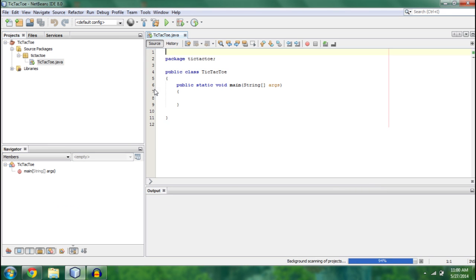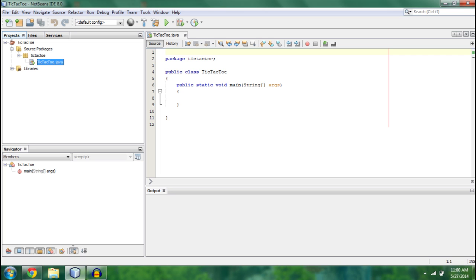So it'll do that. And there's a couple of ways we could go about programming this. For the sake of organization, I'm going to break things up a bit. So let's say we'll make a new class. Over here you have, by the way, let me just go through and explain this. You have your project, you have your source packages. Under the source packages you have the Tic-Tac-Toe package, and this is the file we have open right now, a